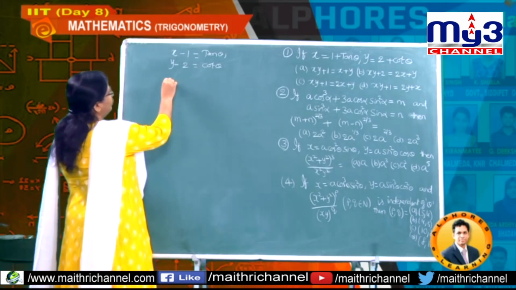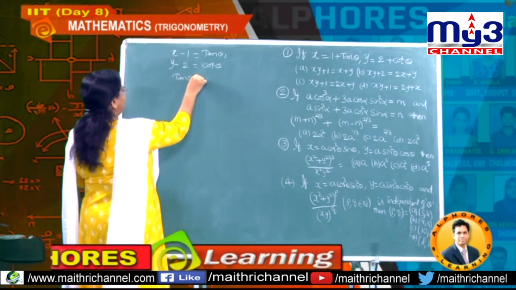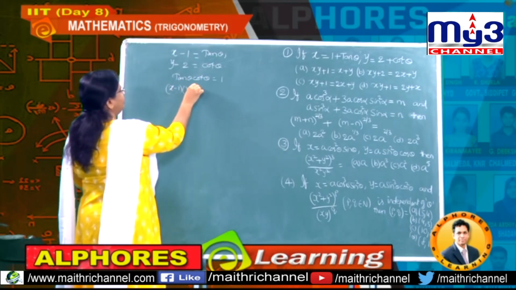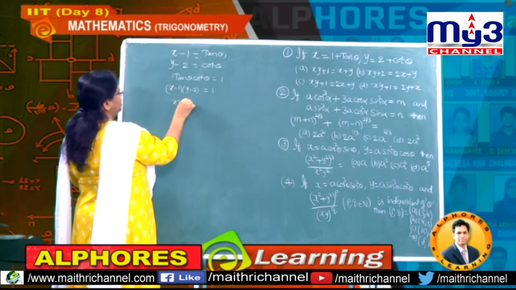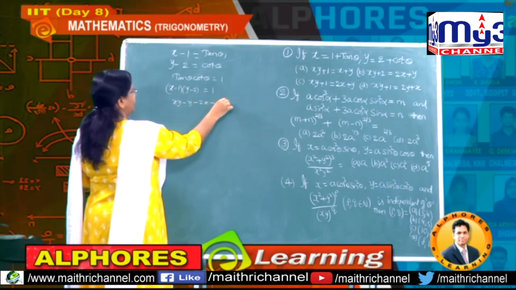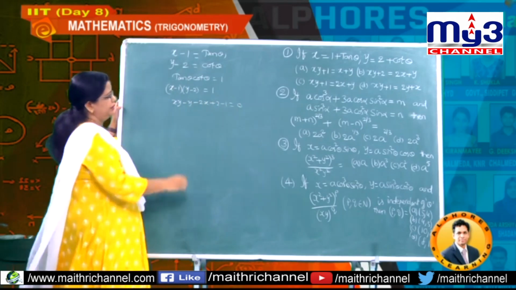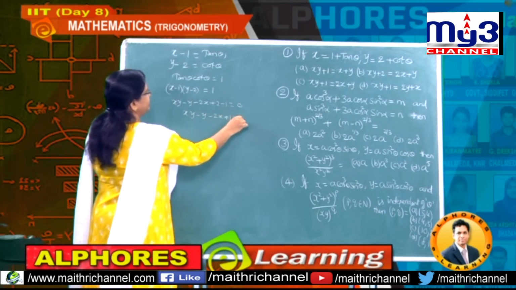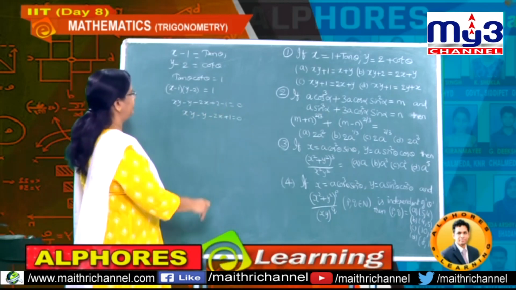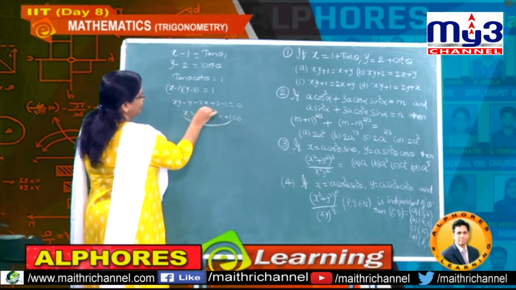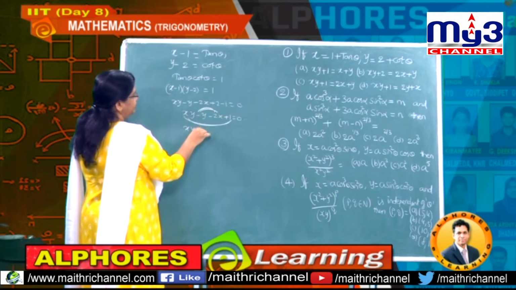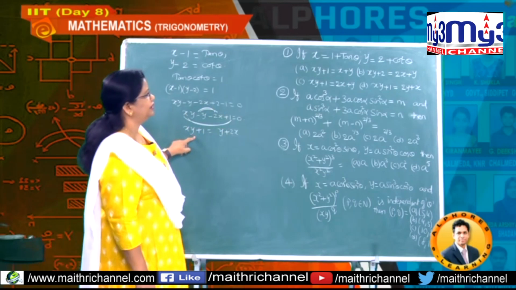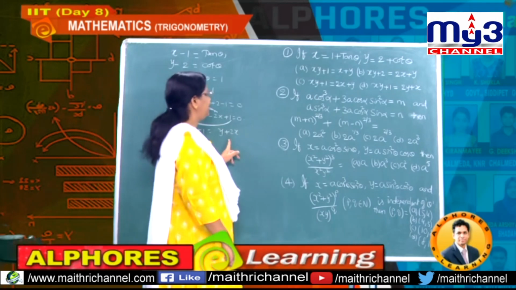Tan theta into cot theta is 1, and hence you need to multiply the two equations, that is x minus 1 into y minus 2 equals how much? 1. So, xy minus 2x minus y plus 2 minus 1 is 0. Got it? And therefore, finally how much did you get? xy minus y minus 2x plus 1 is 0. So, now which option is right? Keeping these two values on one side and the minus values on the other side, xy plus 1 is y plus 2x.